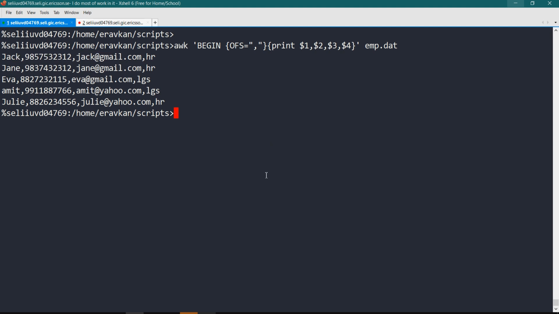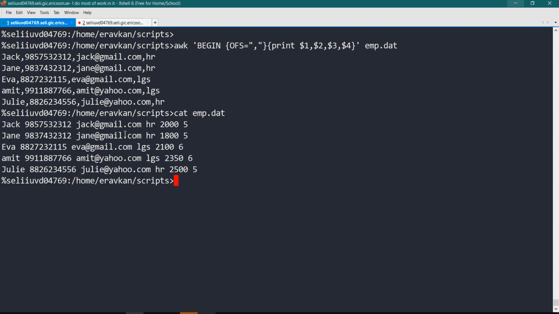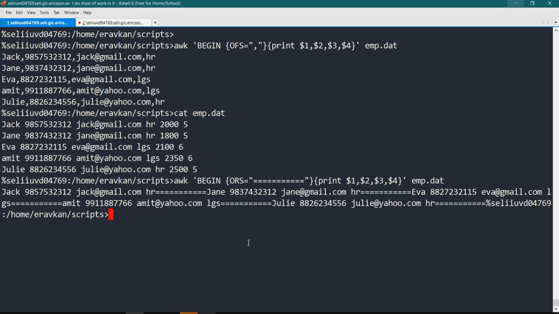Now here comes the ORS. ORS is the output record separator. So this was our file. Now I want this particular record to be separated from the next record by some special value when I am printing it. So suppose I take ORS and I want to separate in this way, print, ORS.